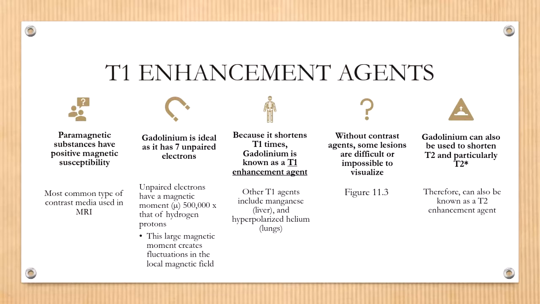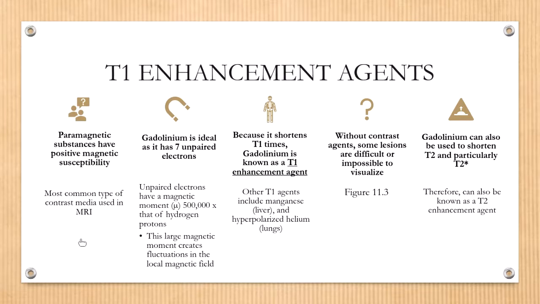We also want to make sure that superparamagnetic substances or agents are going to make lesions appear dark. And a lot of times the best way to visualize them is if they are brighter than the surrounding tissue. And so paramagnetic substances are what make the pathology appear brighter, and that is why they're usually the most commonly